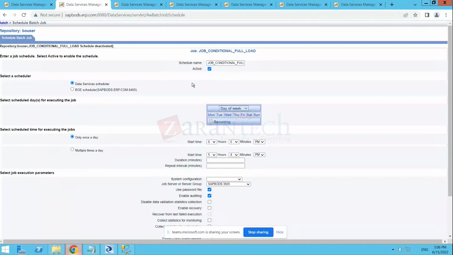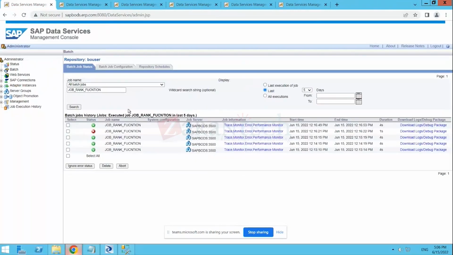Okay. So I made these changes, right? I haven't clicked on the apply button. So this schedule will be deactivated, but it won't change any value inside it. So I close this window and